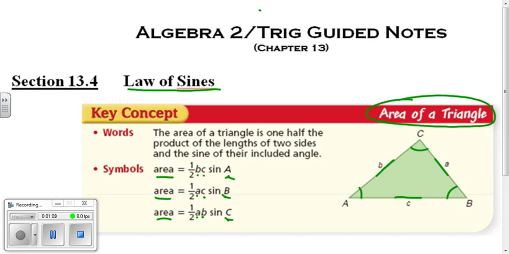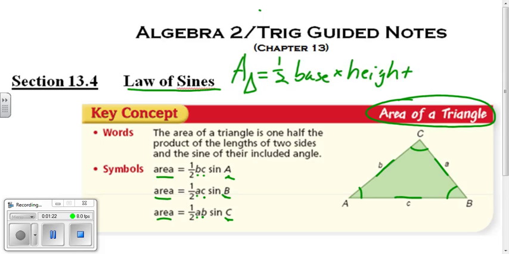Now if you'll remember back from geometry, you might say to me, but Mr. Anderson, area of a triangle equals 1/2 base times height. And I'll say, well, yes, you are correct. That is 100% true. But when we have a triangle